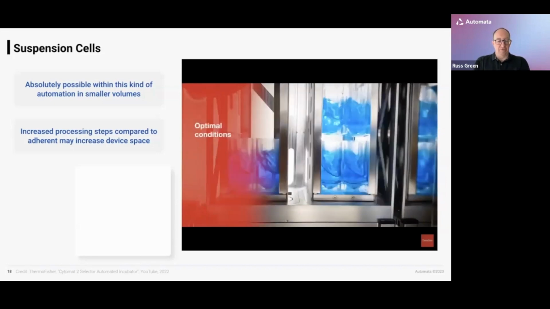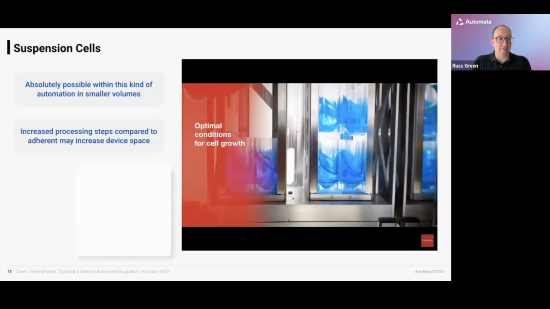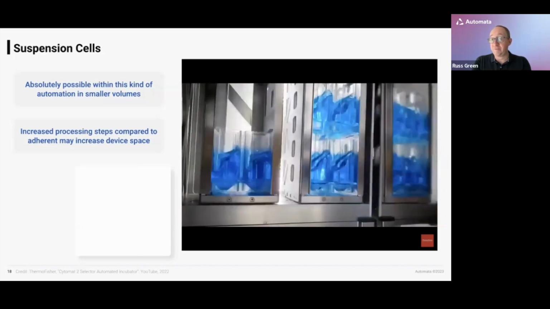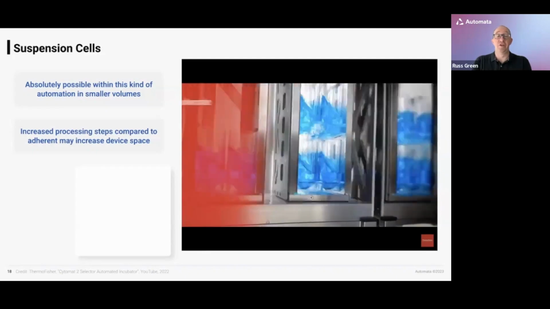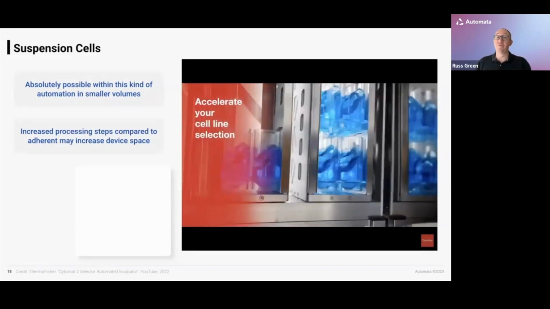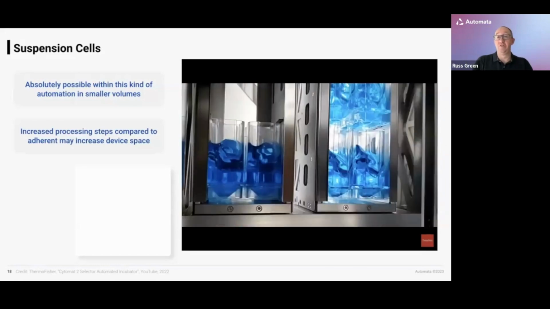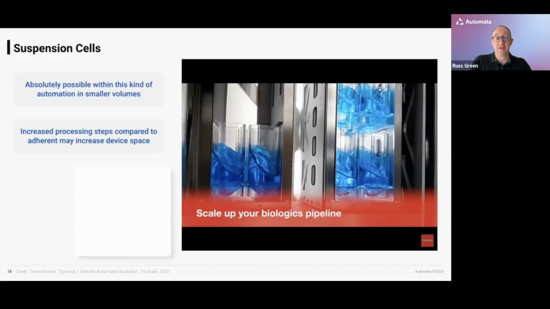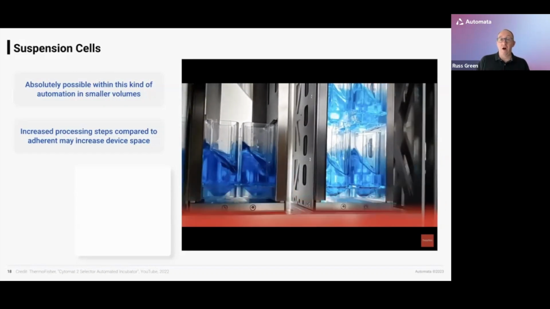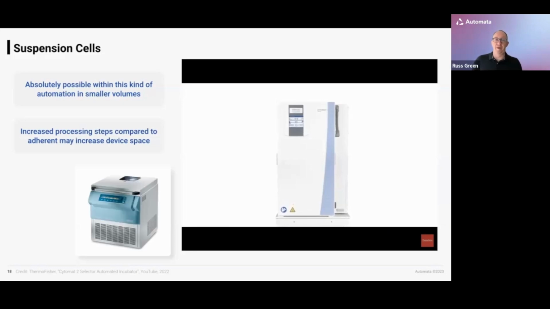I don't have video footage of this, but I showed the Kuhner incubators earlier on, or that type of incubator, and there are now automated versions of those as well, which have automatic doors and lock the bed into place, so we can access them with a robotic gripper and start loading other pieces of labware into this automated system. Of course, there are all these other process steps we have to think about as well.